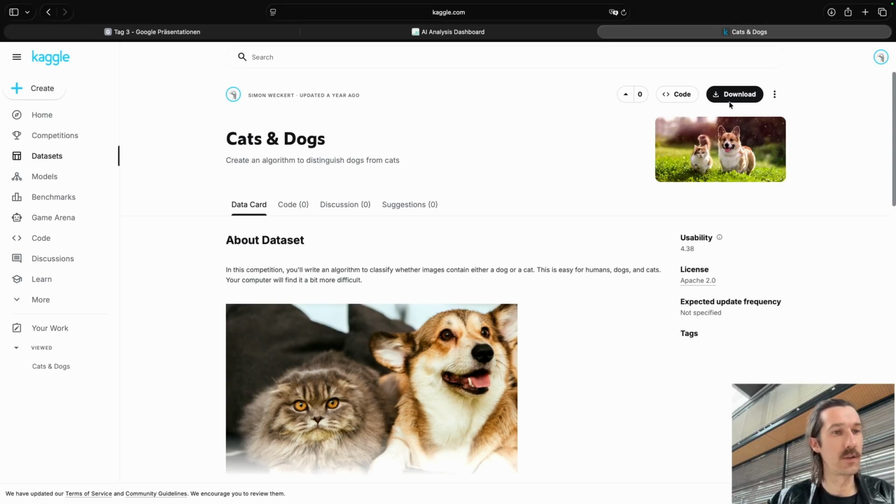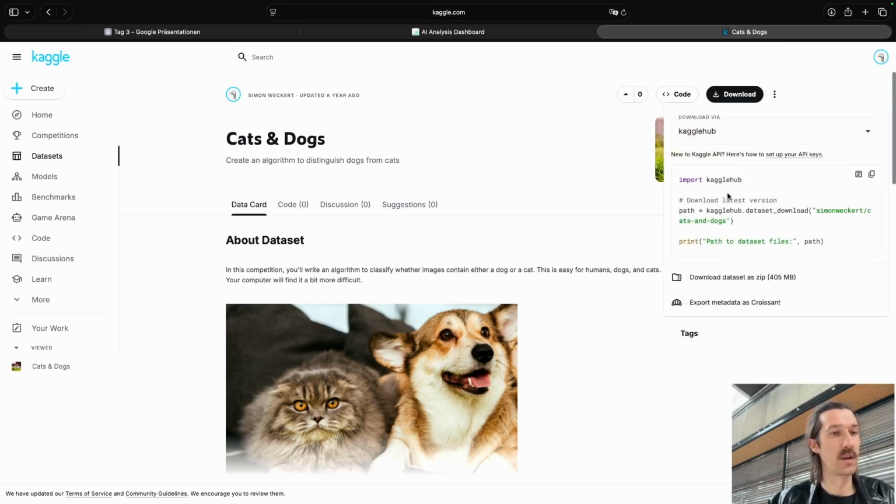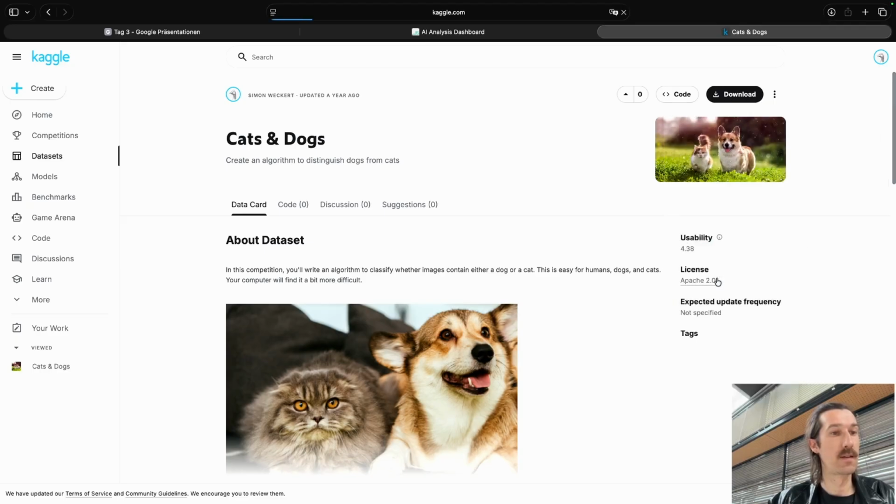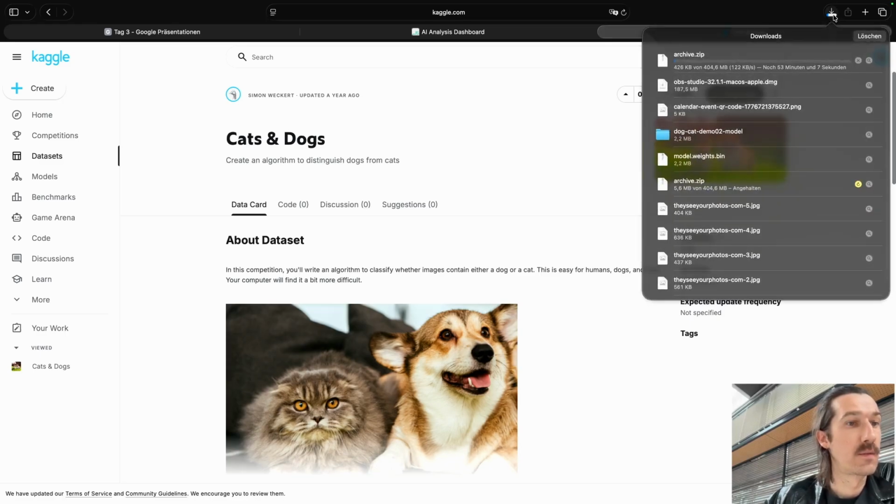So if I go to download dataset as zip, that should do it. Wow, okay. That will take a while.